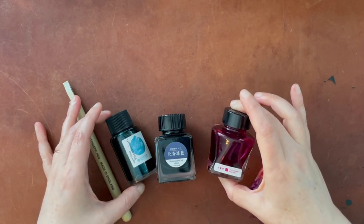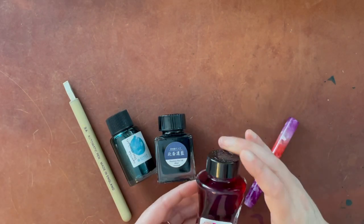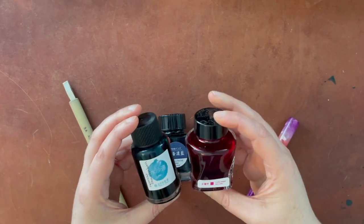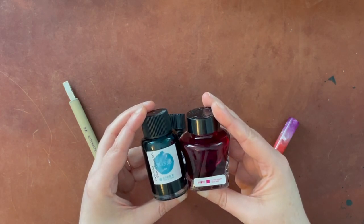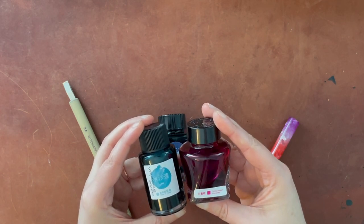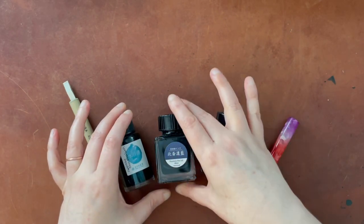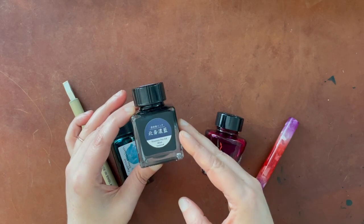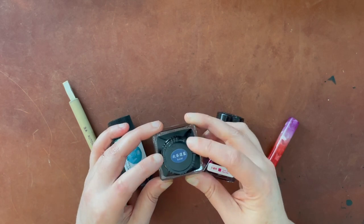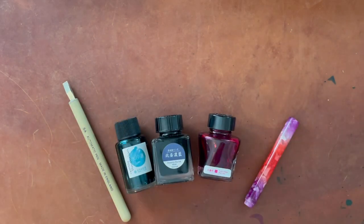ink. It's part of their Island number 38 line. It's called Snack Turtle Shaped Rice Cake. And it's this beautiful pink color. Why it's called that, I don't know. But these two I purchased from Shigure Inks, and they have a lot of really great inks that are not necessarily mainstream inks. This one, the Taccia one, I think I got from Jet Pens, but this one is, let's see, it's Kawaii. I don't know if I butchered that again, but these are the inks that I'm going to be swatching for